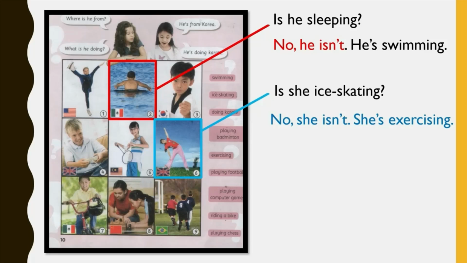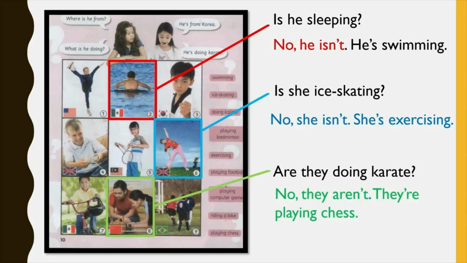She is exercising. Next, are they doing karate? If we look at the picture, obviously they are not doing karate. What is the correct answer? The correct answer is playing chess. So before we tell the correct answer, we have to deny the statement first. When we want to deny, how should we deny? No, they aren't. And then we clarify. They are playing chess. Give the correct answer. Deny and give the correct answer. So that's the